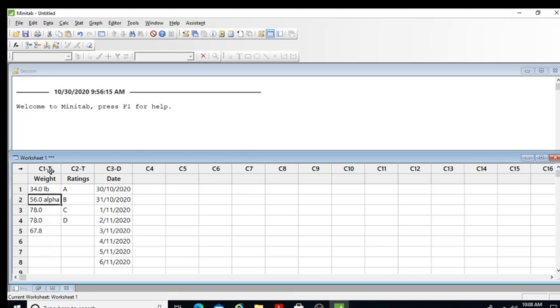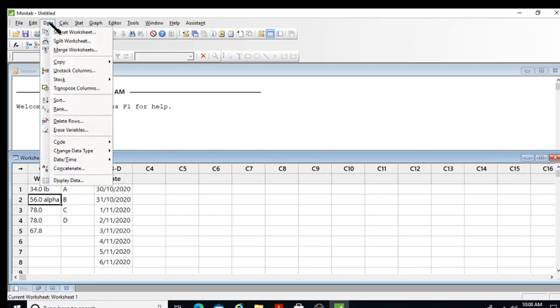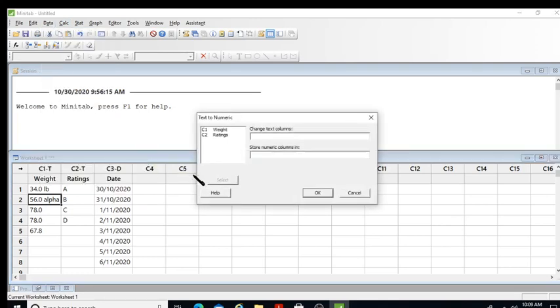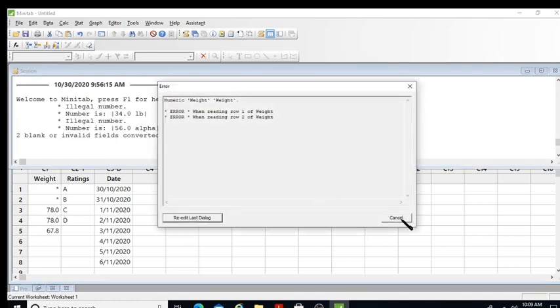So it is actually a text column, and we can interconvert from a text column back to numeric as well. For example, let's say this time I change the data type from text to numeric, and I want to select this, and I want to store it in the same place, and then I do it. And interestingly, you see,